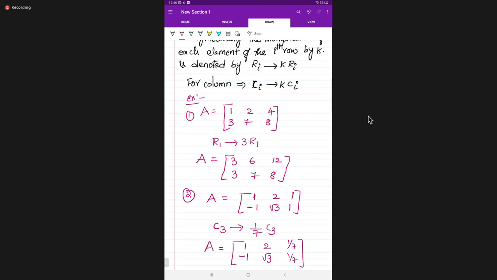Okay students, note down. Next, one more condition is also there. That one I will discuss tomorrow, and we'll start the problems also tomorrow. If you complete that, matrices also get completed. Next we'll see determinants. We need two days for these elementary operations, and after that we'll start determinants.